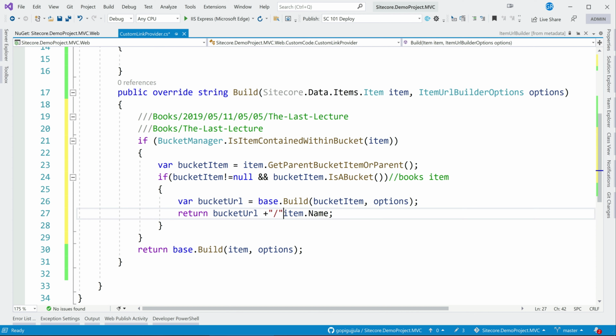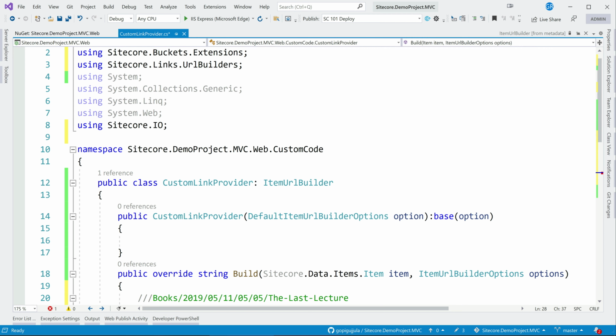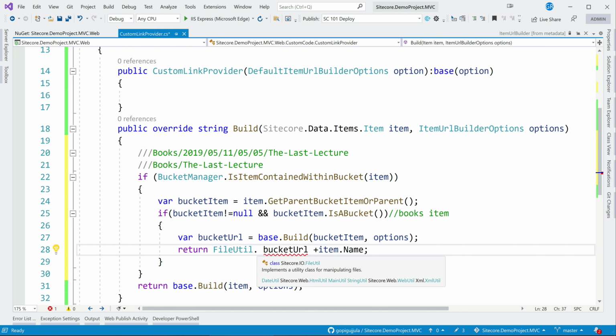Rather, Sitecore also has some other extensions or utility methods we can use. It is called FileUtil, Sitecore.IO, and MakePath.